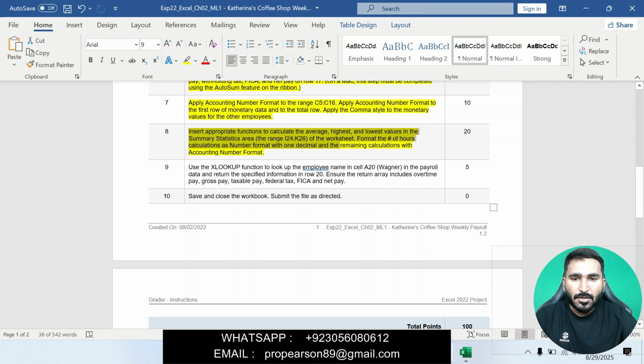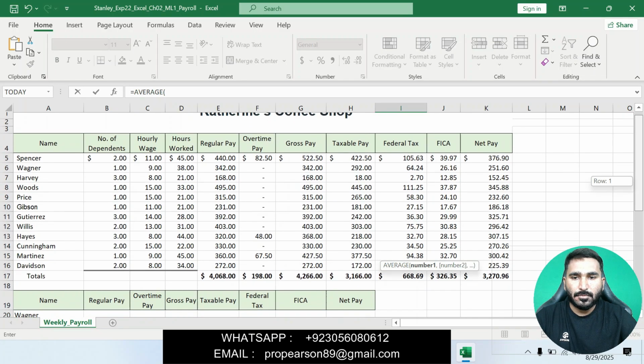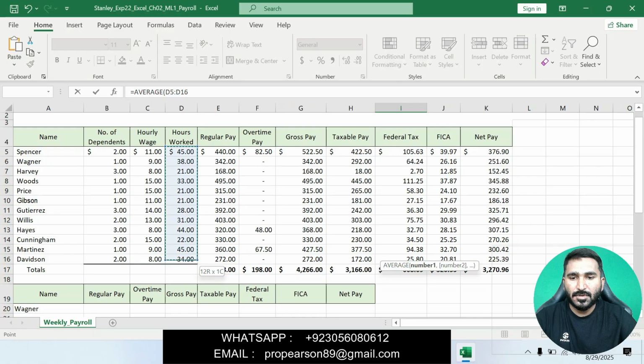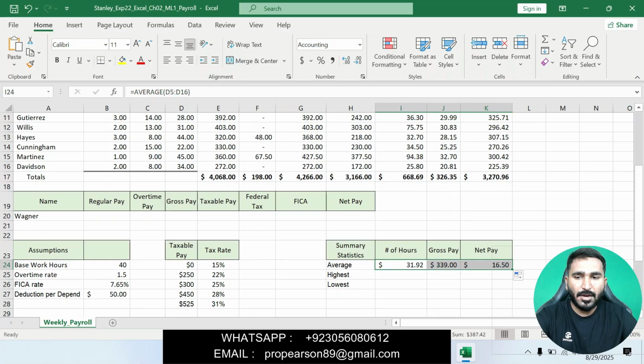Okay, appropriate functions to calculate the lowest and highest in the summary statistics area, I24 to K26, and format the hours worked calculation as number with one decimal place. Hours worked D5 to D16, and then press enter. It will define the average. Okay, use fill handle.